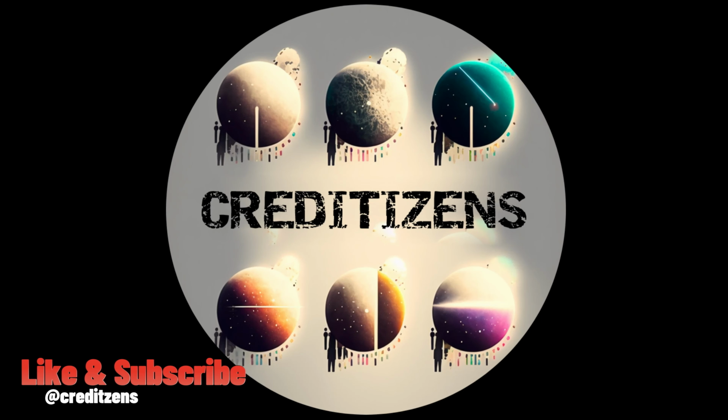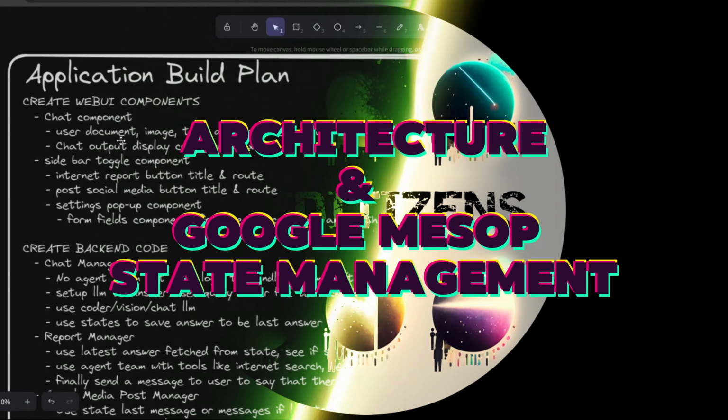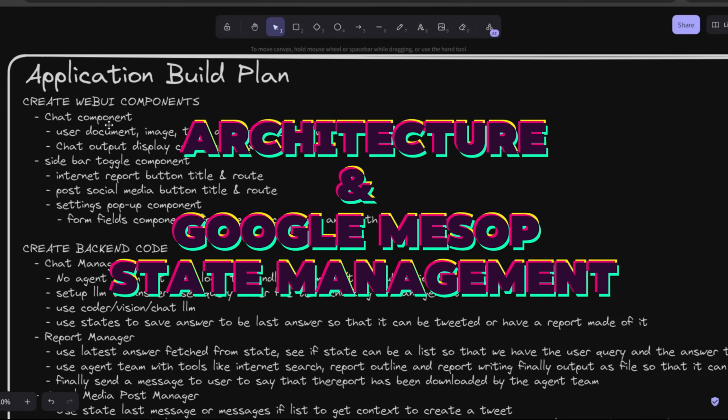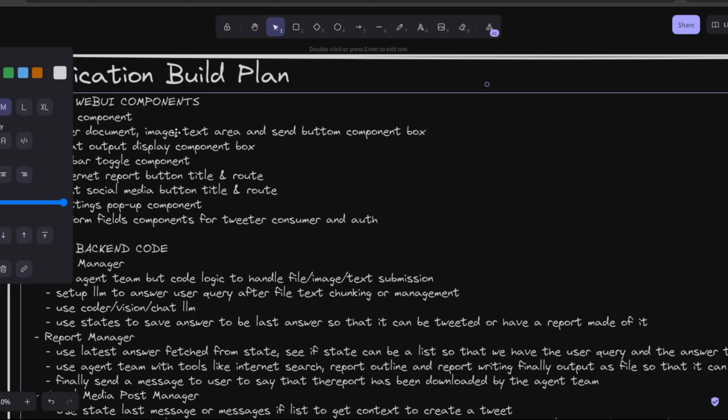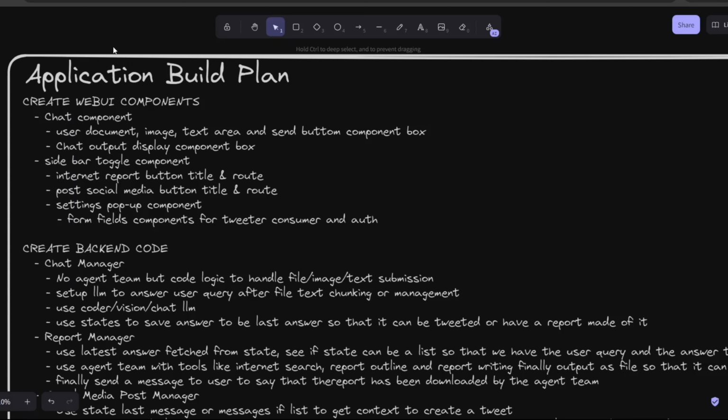So in this video we're gonna see Mesop, the Google Python-based UI framework that we're gonna use. It might replace Streamlit or Gradio, but I'm gonna show you the architecture first to show you just how it is easier to handle the state management of the application. So before